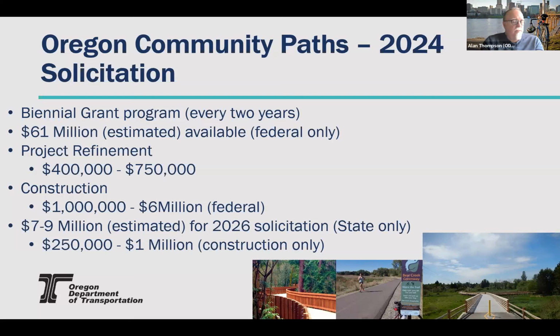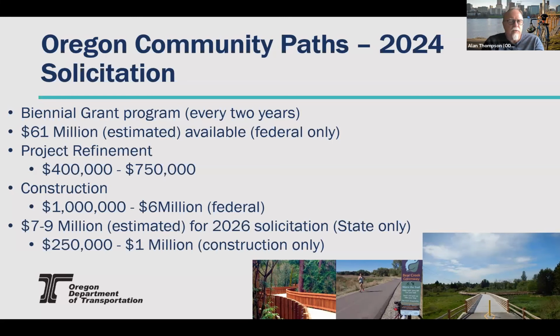Construction is 1 million to 6 million. It used to be 200,000 to 4 million, and then we changed it to 200,000 to 6 million. And the reason why we're changing it this way is we're doing a large grant program and a small grant program. So large grants are federal because they have a smaller match,